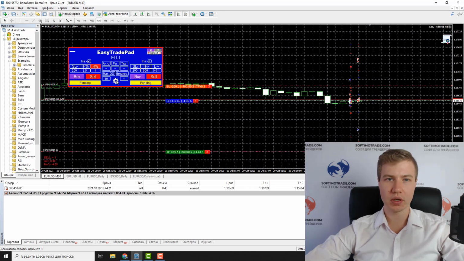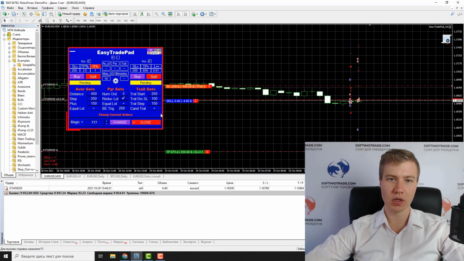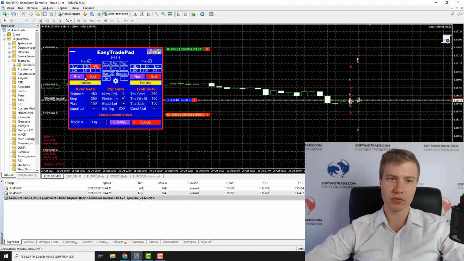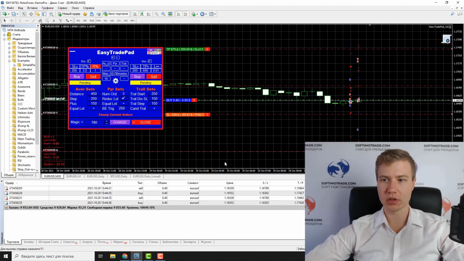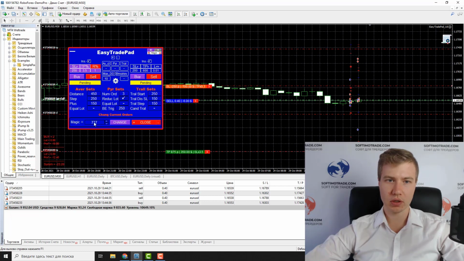expand our panel. Here we have a column, change current orders. For example, we have opened several orders, 4 orders as you can see. Now we move through them using this key. We go through these orders. We have their magic number indicated. For example, you see that now it's 779 leading to this order. We see that it's magic 779 and its parameters are reflected in this window, and accordingly we can adjust